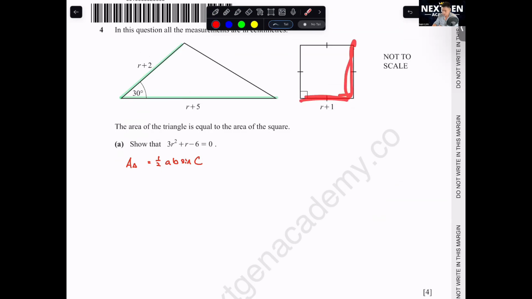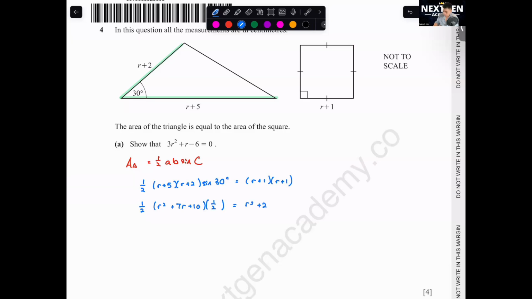The area for this is a square, so it's r plus 1 times r plus 1. So the formula is 1 over 2 times r plus 5 times r plus 2 times sine 30 degrees equals r plus 1 times r plus 1, or r plus 1 squared. Simplify this entire thing. This will be r squared plus 7r plus 10 times, sine 30 is 1 over 2. This will become r squared plus 2r plus 1. Open out the bracket. This one will be 1 over 4 r squared plus 7 over 4 r plus 10 over 4 equals r squared